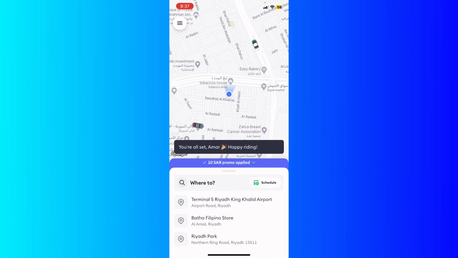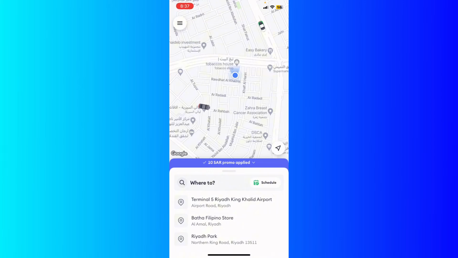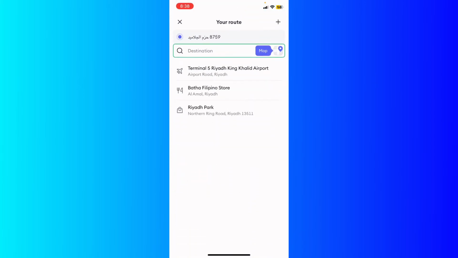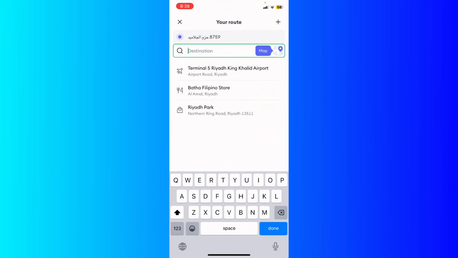Okay, so basically Bolt app allows you to get a cab for fast and affordable prices, right? So basically what you're gonna do, you can see right here the available cars near you, right? You can request a ride right here and just select your destination by swiping up right here to see where